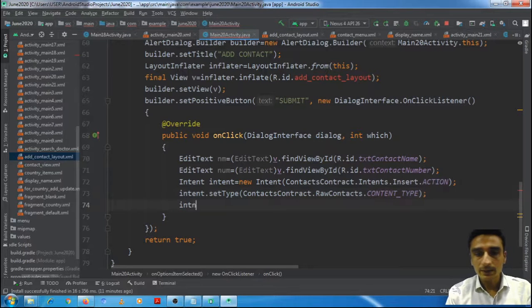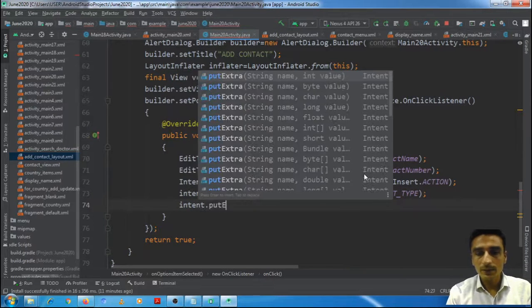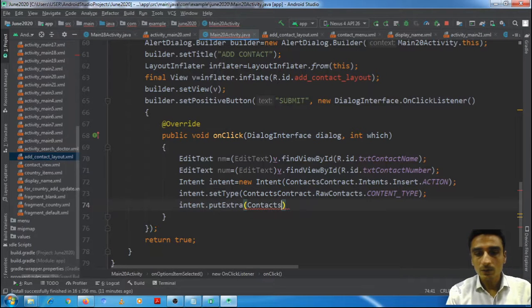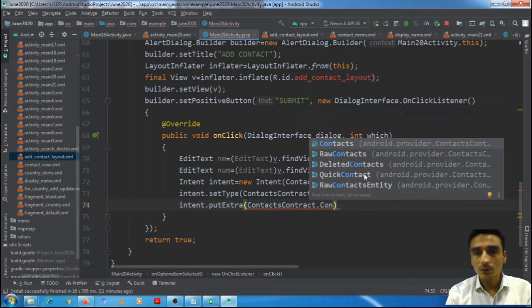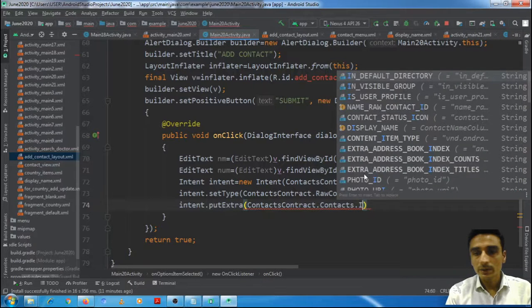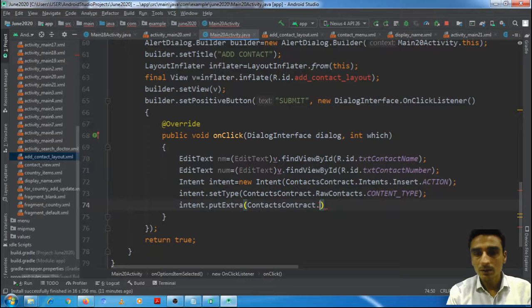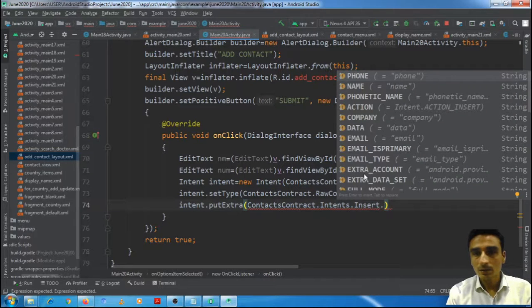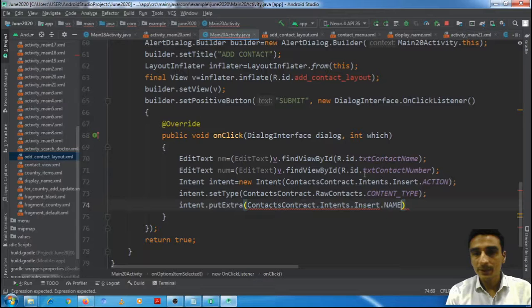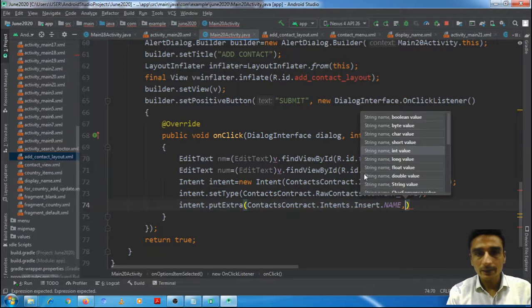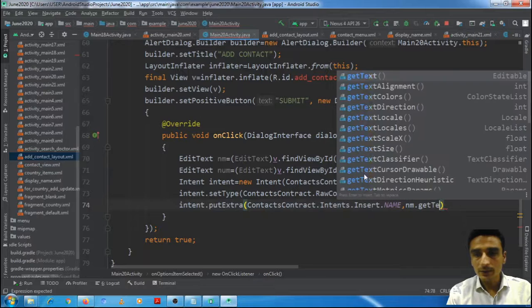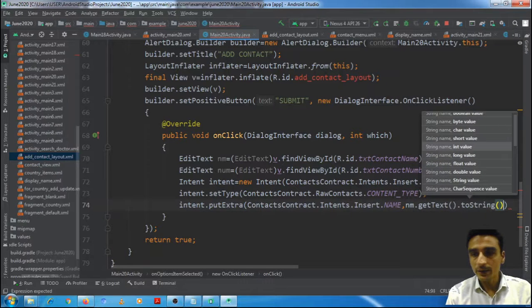Then intent dot put extra, contacts contract dot intents dot insert dot name, the name is entered in nm dot get text dot to string.